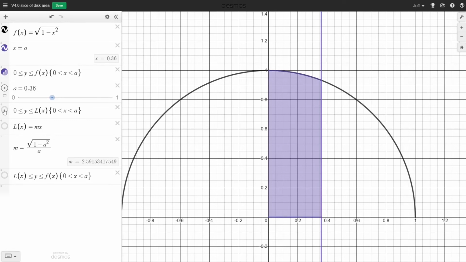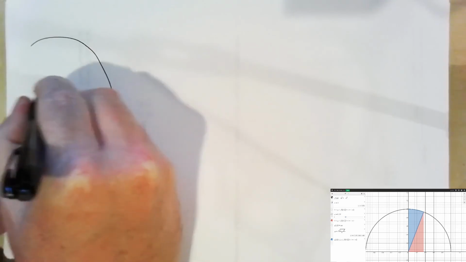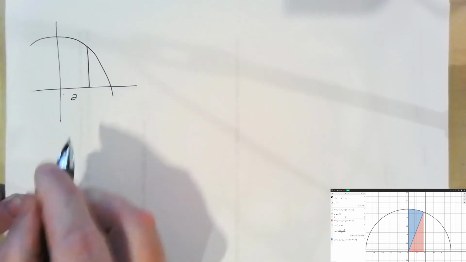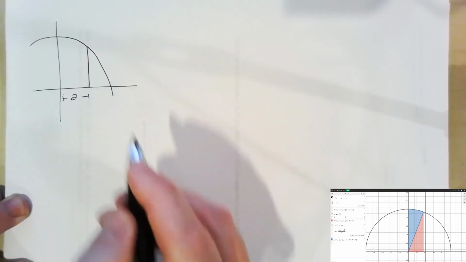Well, if we're a little bit clever, we can actually figure this out using what we already know. We can cut this region into 2 pieces. A piece that is a triangle, and another piece that happens to be a sector of that circle. Let's look at this more carefully. Here's part of our circle. Here's the y-axis. Here's our other line. I'm going to call this distance right here A, and we've split it into 2 pieces.